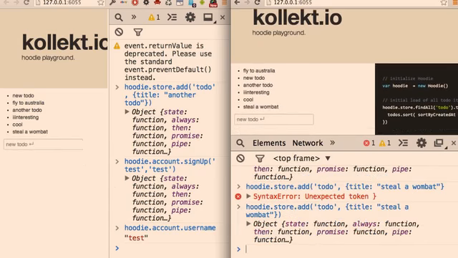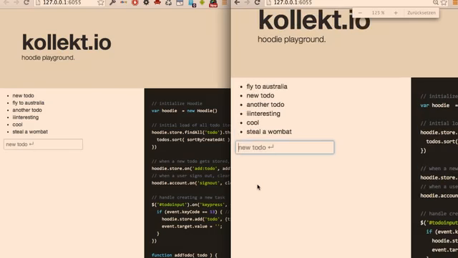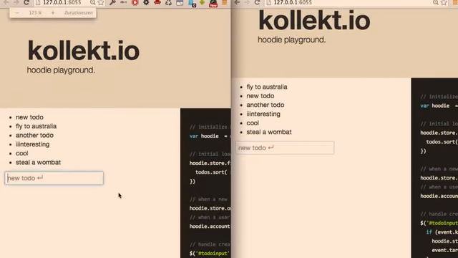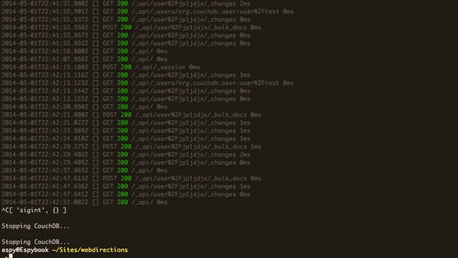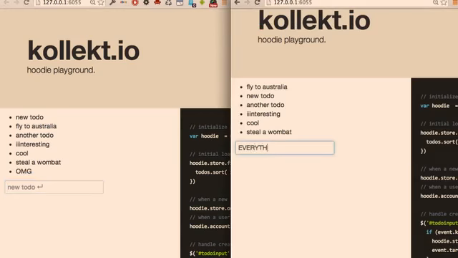Right. So now let's do something interesting and turn off the server. Just make it bigger to make it more spectacular. Right, server off. And we can still add stuff. But nothing happens.